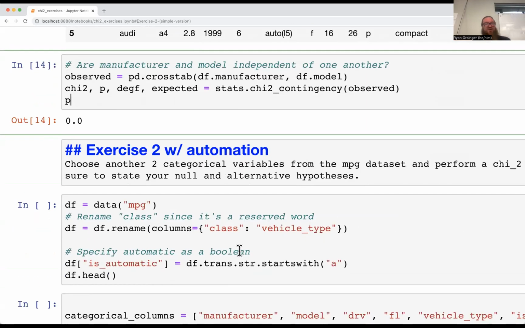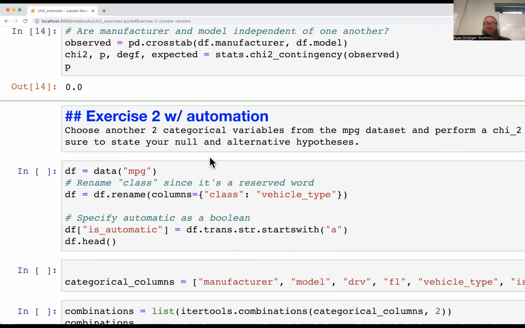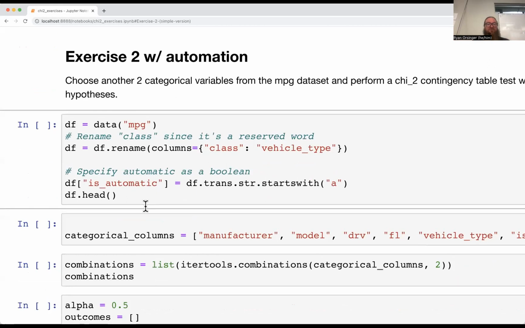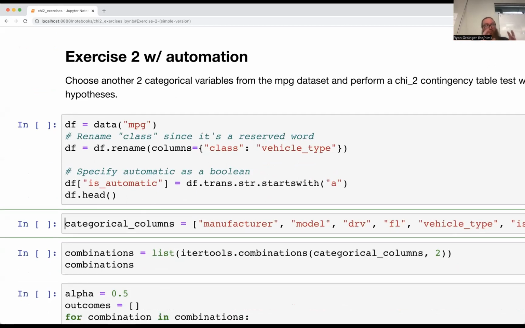Cool. Let's do some automation. Hey, you're working with Python. Y'all are hip to automation. Let's do it. If I want to choose two categorical variables and get all possible combinations, what I'll do is